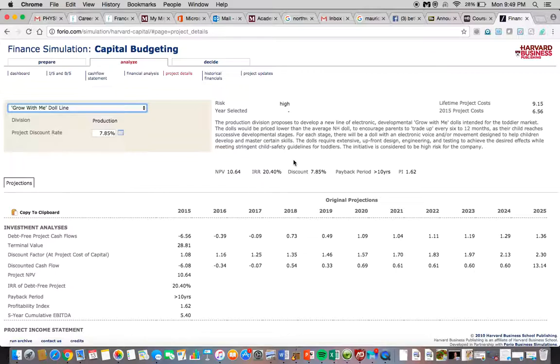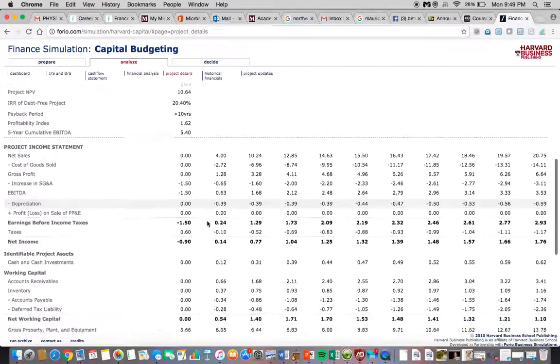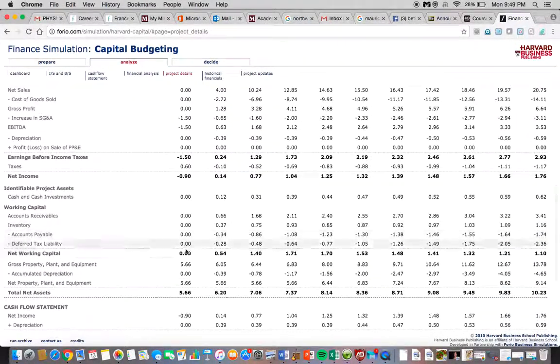You can see that this is a high risk with a lifetime project of 9.15, which is on the higher side of the spectrum. You can also see that the NPV is a 10.64 with an IRR of 20.40. If you look here, the payback period is over 10 years, but I invested anyway because of the high NPV and IRR percentage. If we scroll down again to the cash flow statement, you can see that with the net income and depreciation combined,